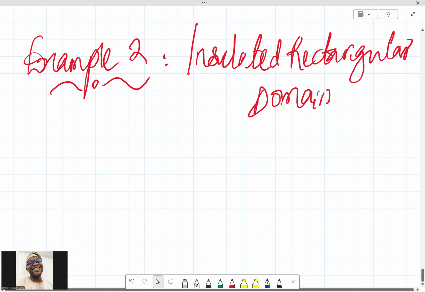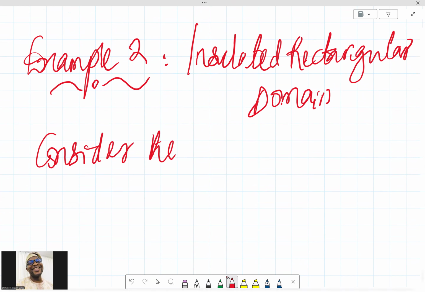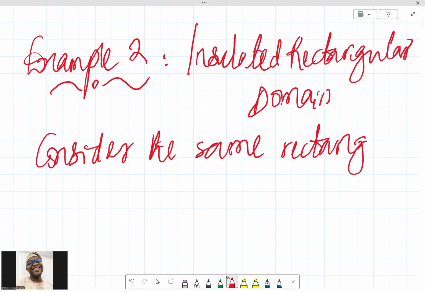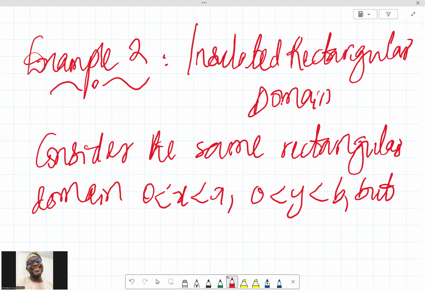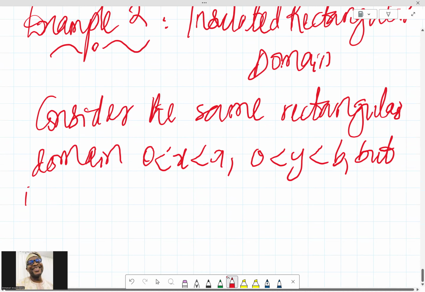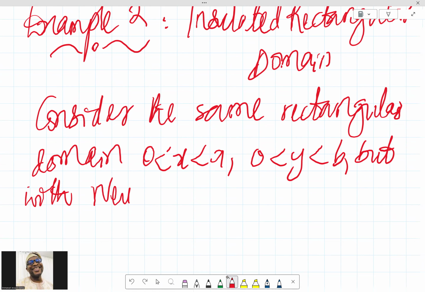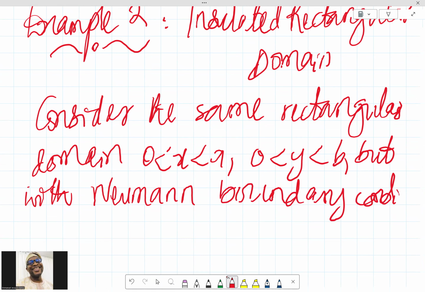Insulated rectangular domain. So consider the same rectangular domain we considered before, 0 less than x less than a, 0 less than y less than b, but with Neumann boundary conditions